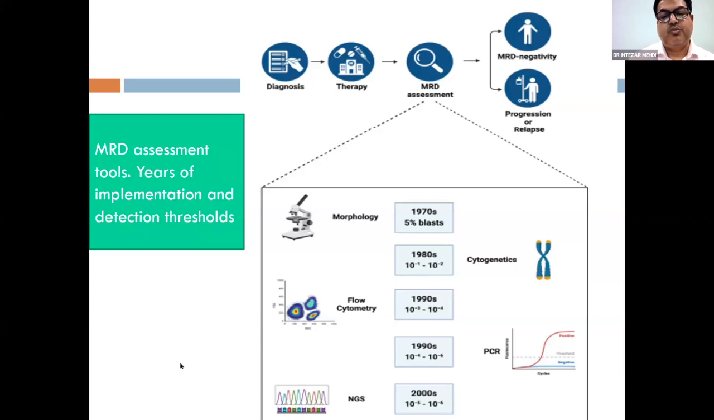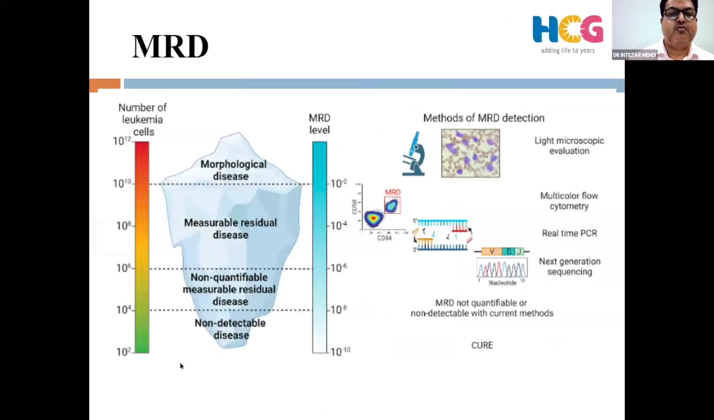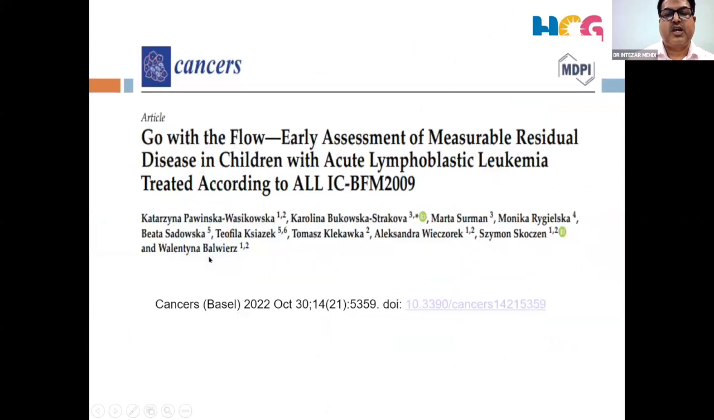And now the future is going to be NGS based, where we are going to assess up to 10 to the power of minus 5 to minus 6, so that we are able to detect disease when we thought that it was not detectable, but there is a measurable residual disease still remaining, which is why patients relapse later. And in 2022, in Kansas Basin, there was a paper from the BFM group